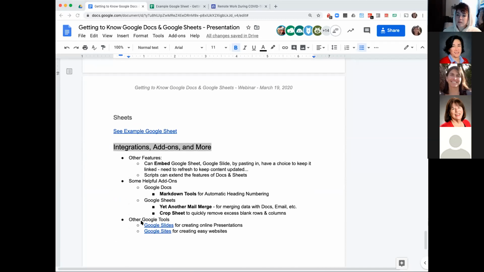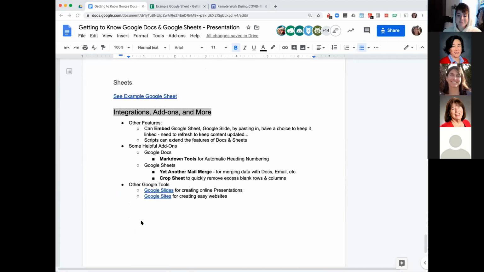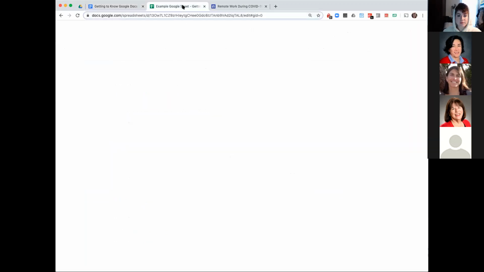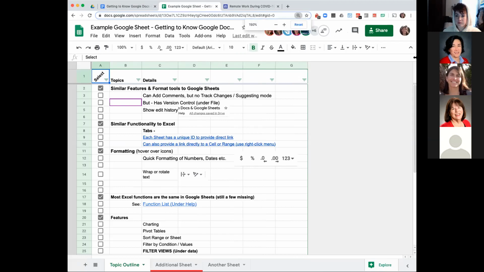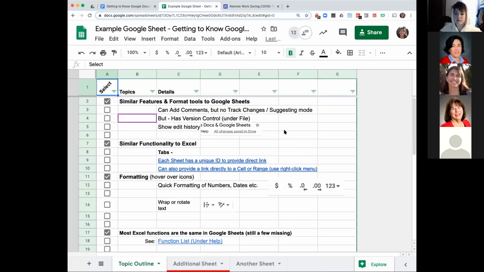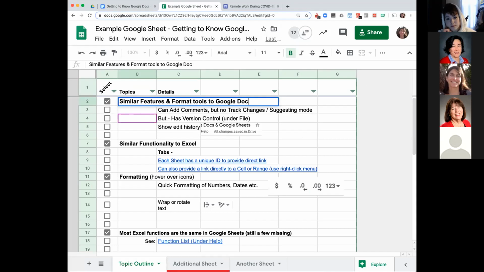So you're going to go to Sheets? Yeah, so I'm going to go to Sheets. And so those of you who have documents open, I'm going to jump over to this Google Sheet. And the reason I'm going to do that is it allows me to follow along in the document what I'm going to cover, and then really show you in real time in the actual software. So again, there are similar features in format tools in Google Docs and also in Excel. So we'll talk a little bit about that.